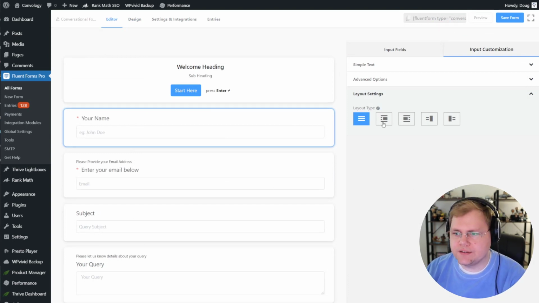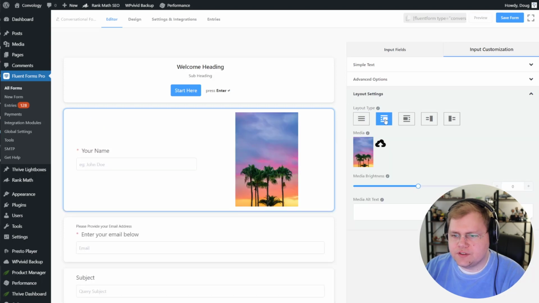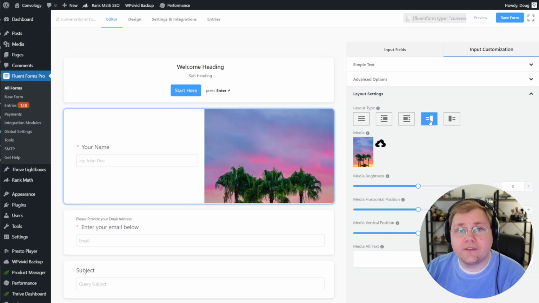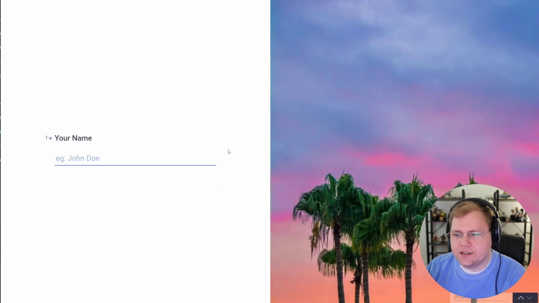One defining feature that I think is worth mentioning here is something that's not on a typical form processor. It's a layout setting where it appears here that you can shift the question and place an image to the right or to the left of the question. So we can choose to put an image on the right, an image on the left, or have that effect of like a full screen image. That would look really nice on the landing page layout instead of the embedded layout, and it can go on left or right. So for example, we could put that image on the right, and like that they put one in there for us, and then preview that. If we get started,